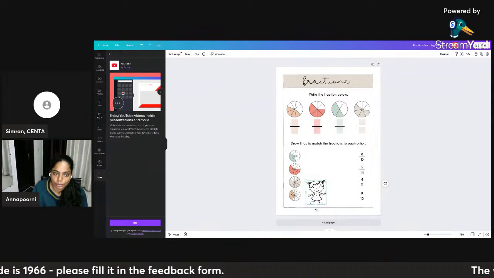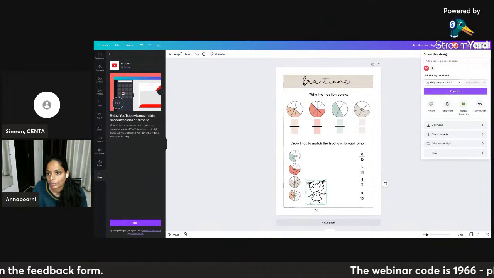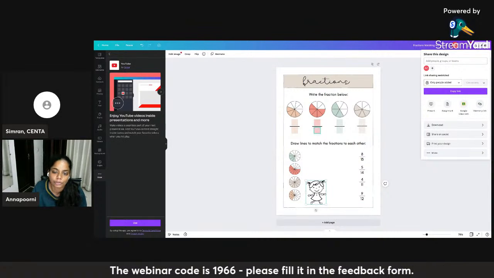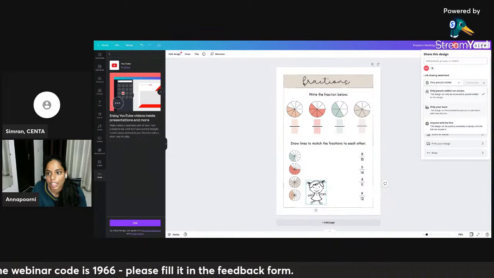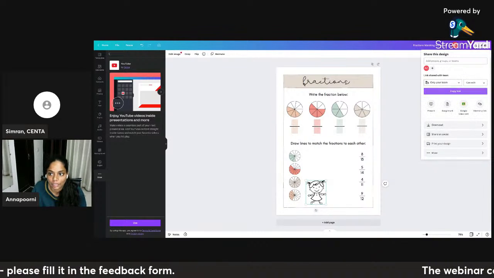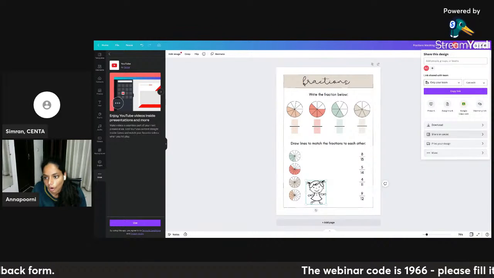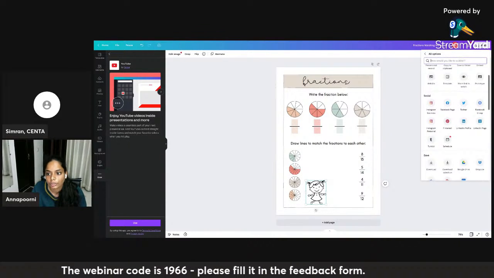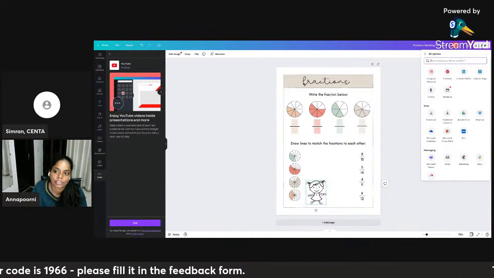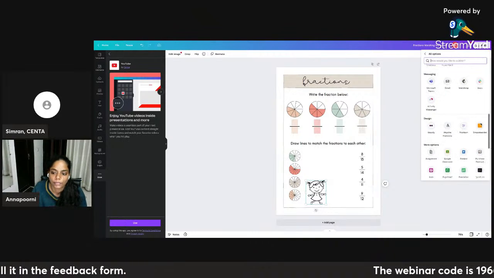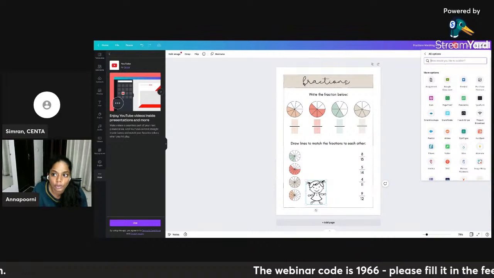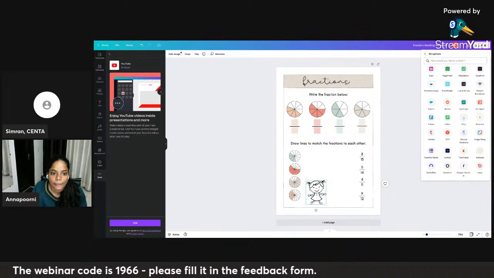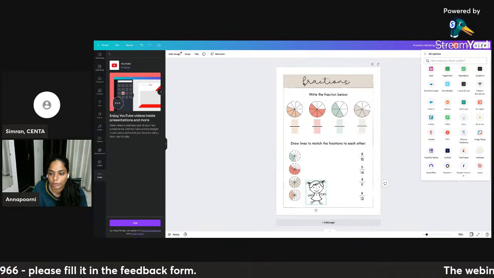You can also link it to YouTube, and all this can be shared. So you can share it as a link. You can share it as a view only link if you don't want your students to edit it. You can add people onto your link and give them edit access, typically like a slide. Or you can share on WhatsApp, Facebook, anywhere that your students are. Or you can also download it as a presentation or as a PDF or as a PNG and share that as well. If your school is on Google Classroom or Microsoft Teams, you can also use those platforms to share it. So everything is accessible here for you to share.